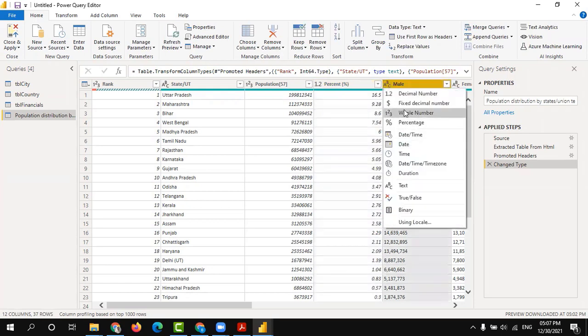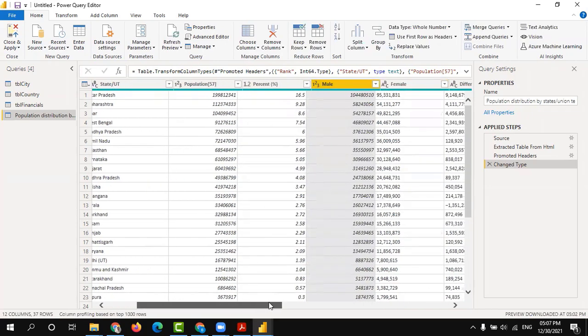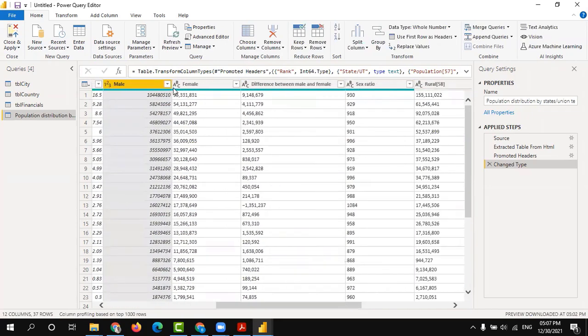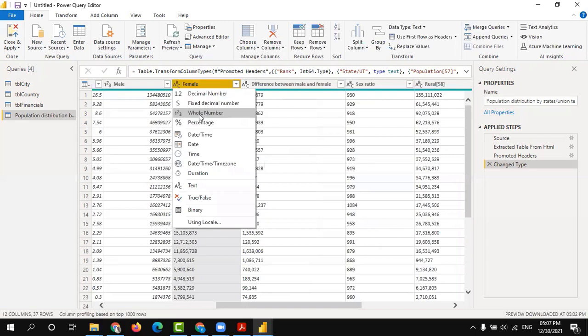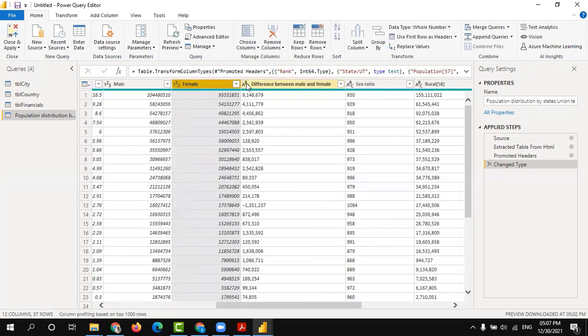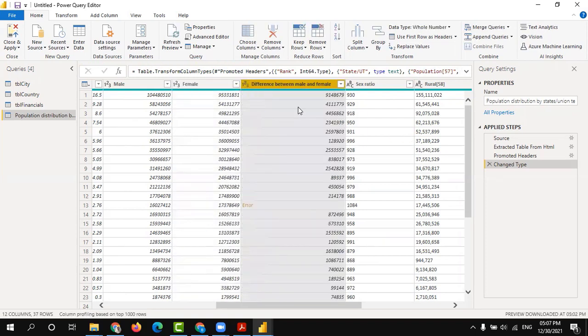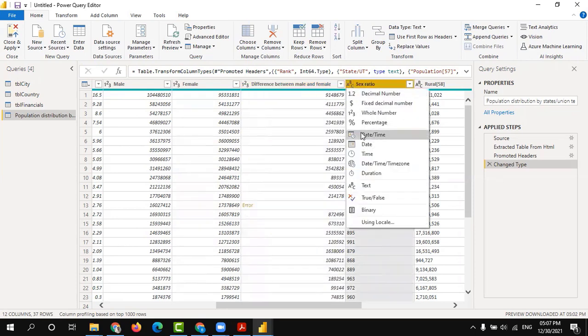Again, male, whole number. Female, whole number. Difference between male and female, whole number. Sex ratio is again whole number.